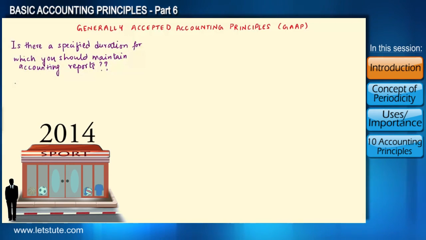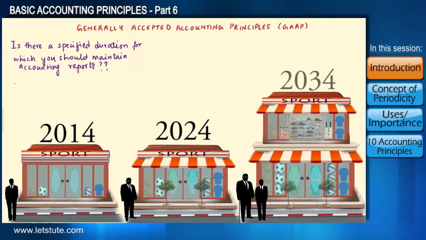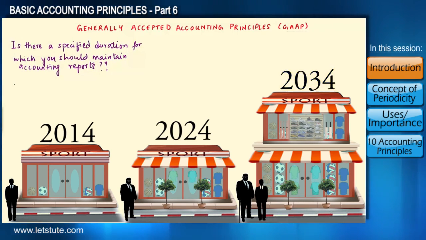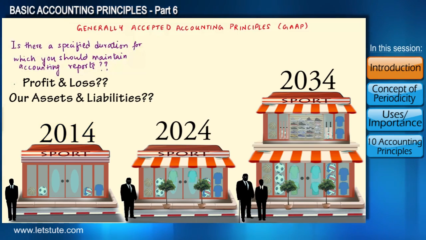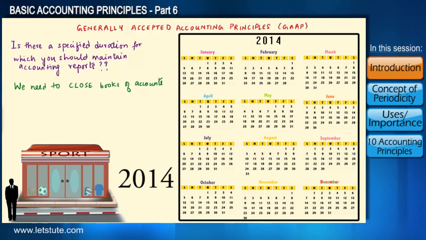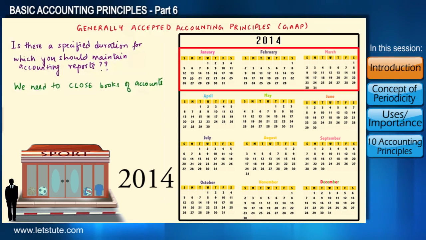Now, a business is ongoing and continuous. It is not practical to wait forever to balance accounting books, meaning to collate or finalize these accounting statements. If we did that, we would not be able to calculate the current profit and loss and know the overall status of assets and liabilities at any particular point of time. Hence, we need to close books of accounts at some specific date or interval that could be yearly, quarterly, or